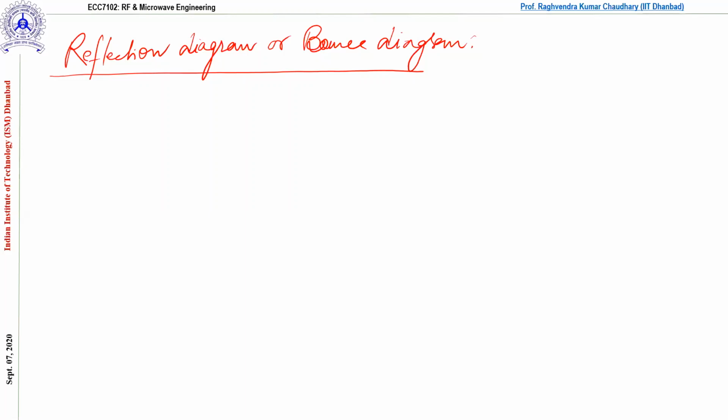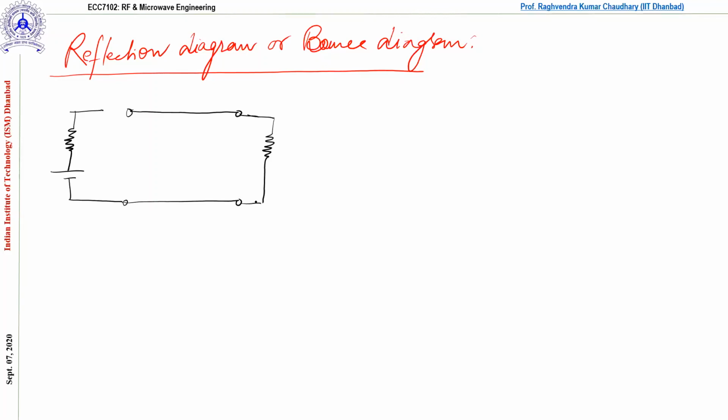Let me draw here the common circuit diagram that we saw in the last class as well. This was a very simple circuit we have seen many times, and this is a transmission line connected with a resistive load. Now, you might ask: we are doing a resistive load, but in practice we'll have capacitive or inductive kind of complex loads. So how will we handle that? I'll tell you.